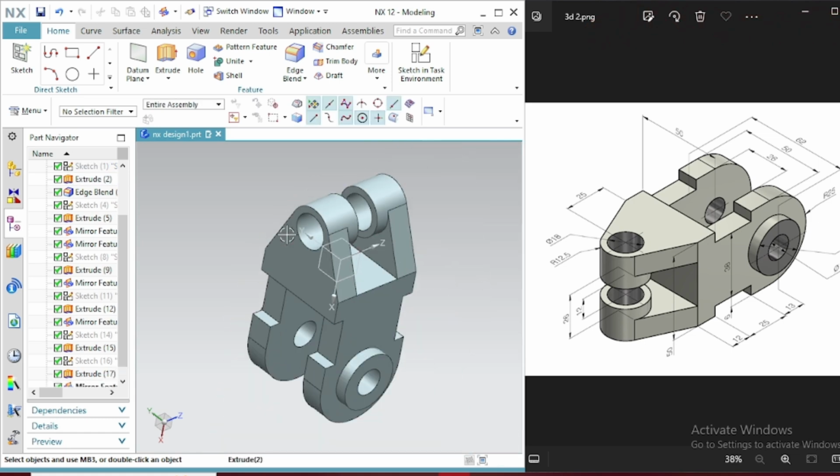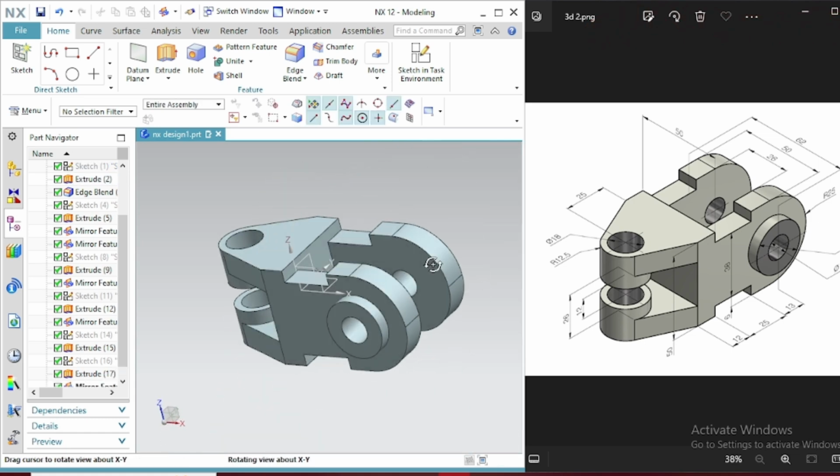So same thing will be repeated on the opposite side. This is the way to create